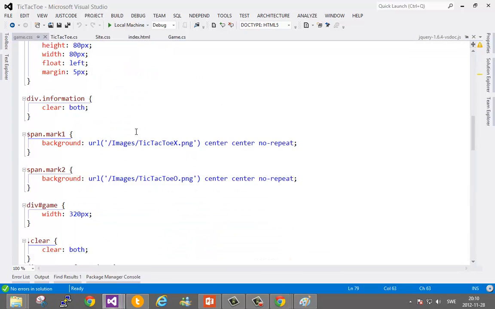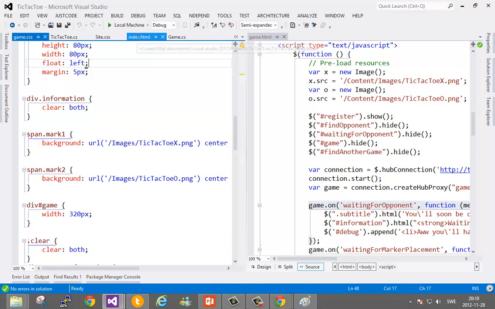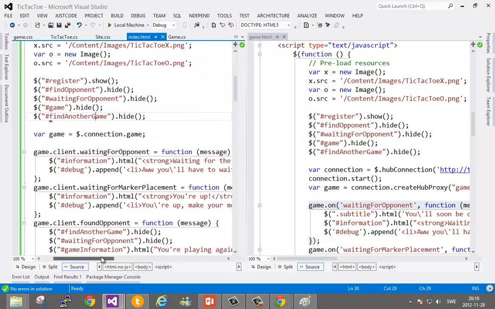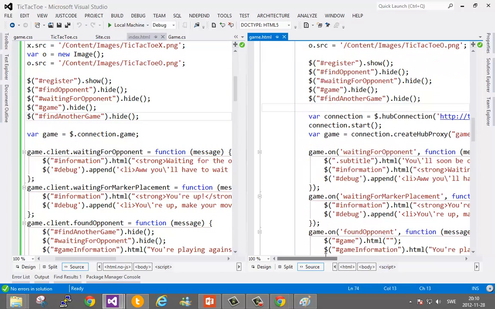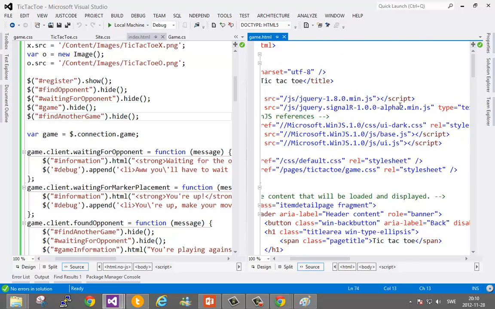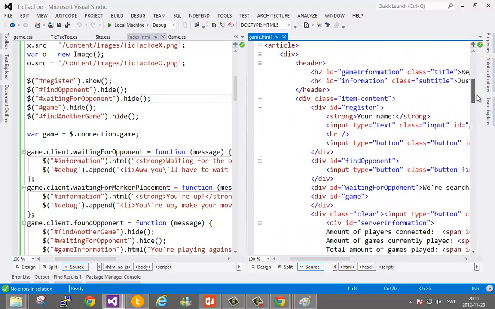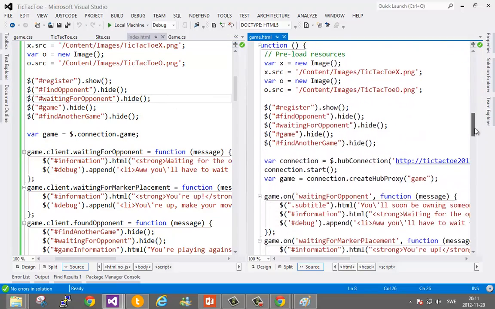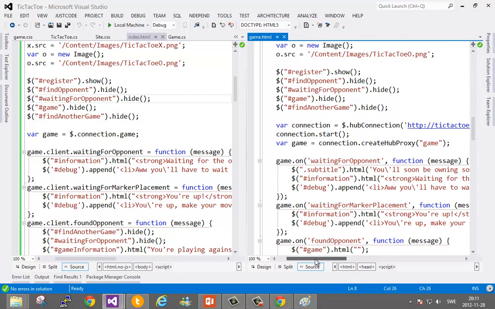So let's bring this up together next to the index.html here. So let's look at the wait for opponent part. So two things here. The most interesting part is here that I'm just including the SignalR library here. And here I'm actually including SignalR plus the hubs, but I can't include the hubs in the Windows 8 application because Windows 8 doesn't allow for external libraries to be included. So what I need to do here is that I need to create a proxy to the server, create a hub connection, and actually connect to that